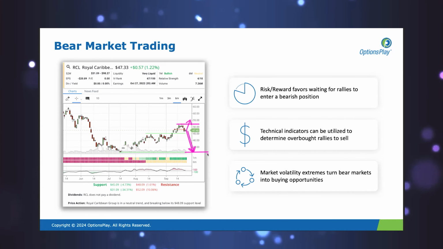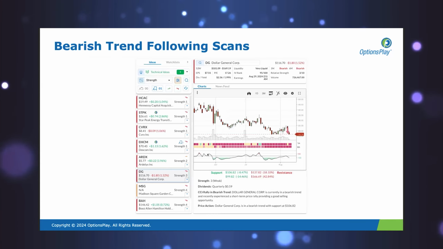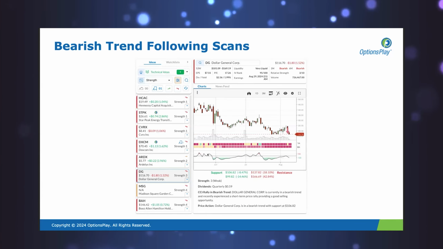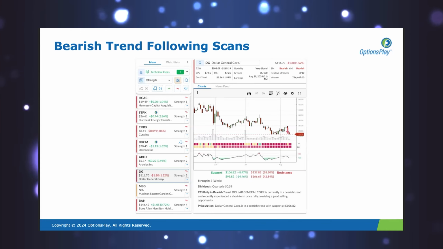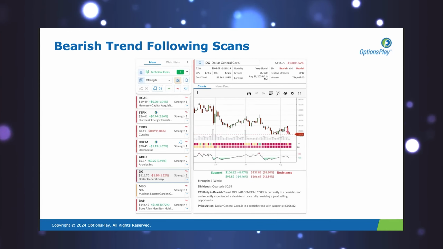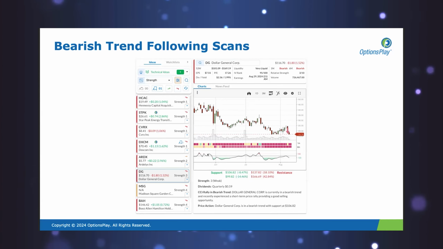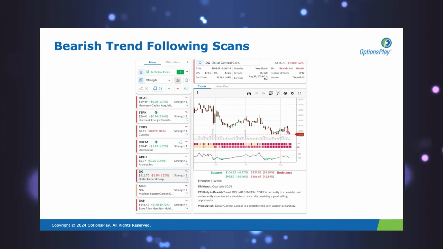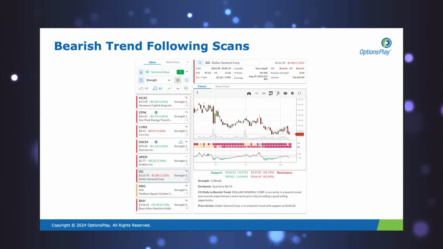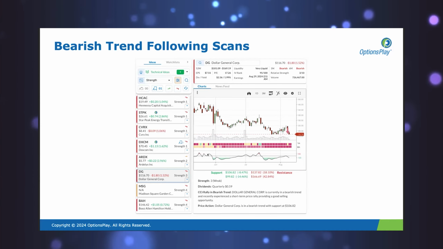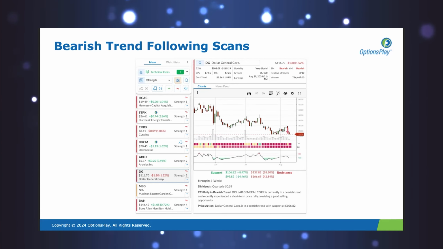So what I wanted to show you here today is two scans that we built in OptionsPlay to help you do exactly that. One, when you're following the bearish trend, meaning you think that the markets are going to continue moving lower, how can you find opportunities that give you a strong risk to reward for markets to continue lower? And then more importantly,